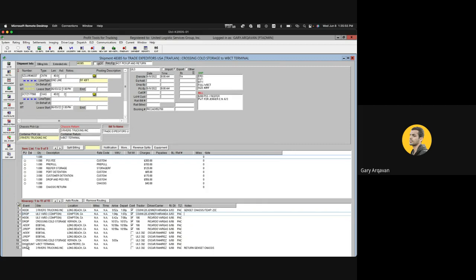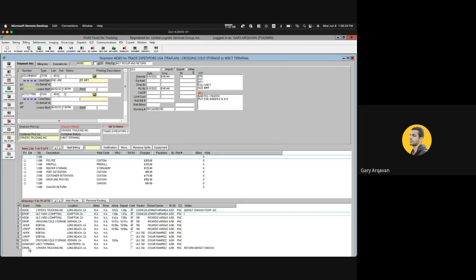We had two terms, dismount and mount. So dismount means that at WBCT, we went there and we dropped only the container, not the chassis. We only took the container off the chassis, left it in the terminal, and we left the terminal with the chassis